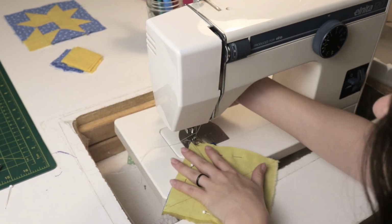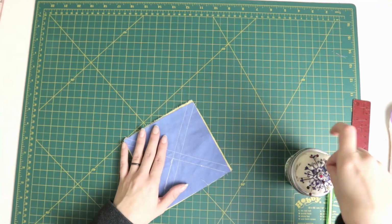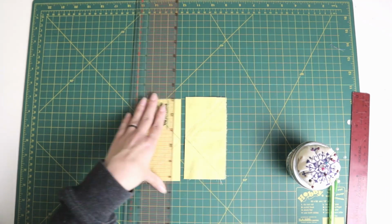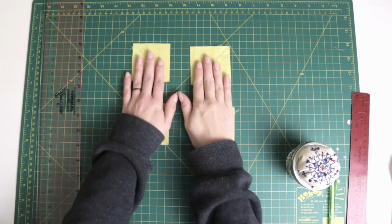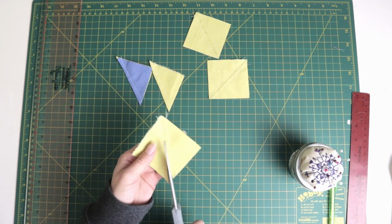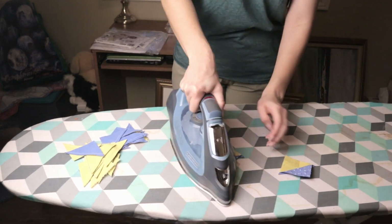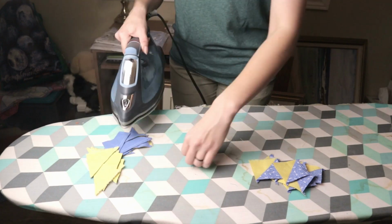Anyways, once those lines of stitching were done, I took the piece over to my cutting mat to cut apart my half-square triangles. I first cut the square in half, making sure to cut directly through the center of the X. Then I cut each of those halves in half again, cutting directly through where the guidelines intersect. Then I had 4 squares, and I cut directly down the drawn guideline to separate each square into 2 half-square triangles. I repeated that process 3 more times with my remaining 5¼ inch squares to create all 32 of the